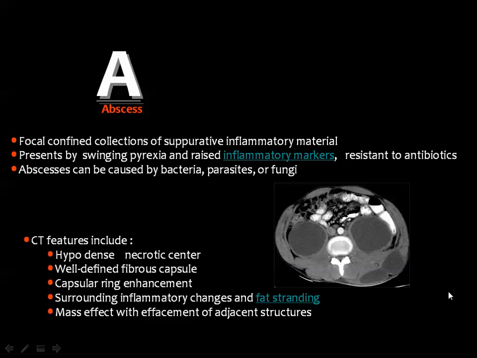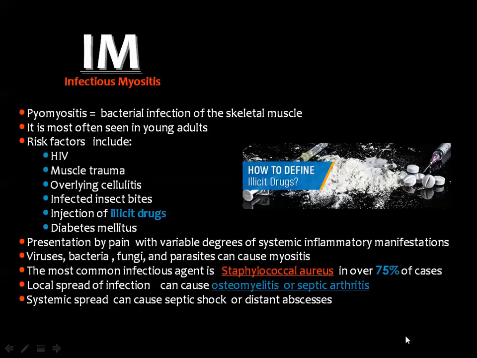And abscesses may also be mistaken for soft tissue masses, but they have the characteristic clinical findings and also the characteristic imaging findings. The imaging findings are those of a hypodense lesion with well-defined marginal enhancement of regular thickening, sometimes edematous changes in the surrounding fat and mass effect on the adjacent structures. Abscesses classically appear like this. They can be single, can be multiple, and they can be caused by a variety of organisms.